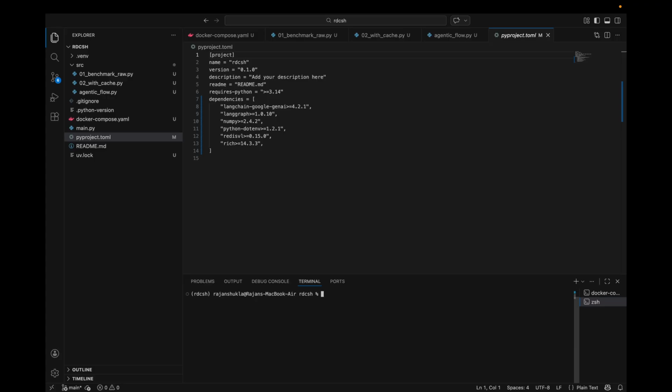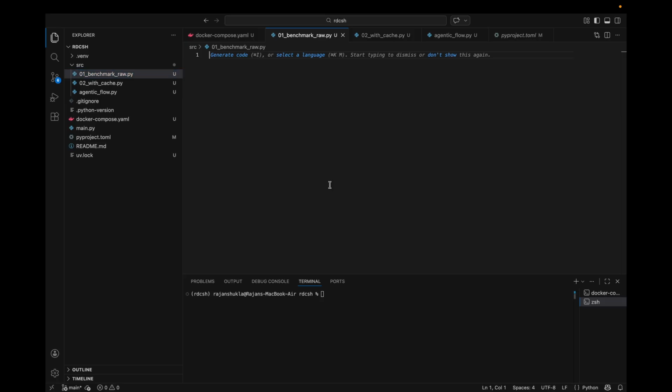And let's try to build the cache-based baseline. We need to know how slow and expensive raw API results are. So let's open our first script. The purpose here is to measure performance with zero caching. So let's start building. Import time